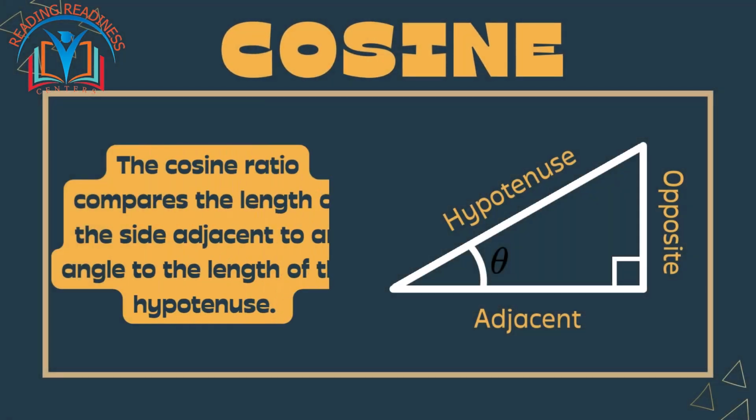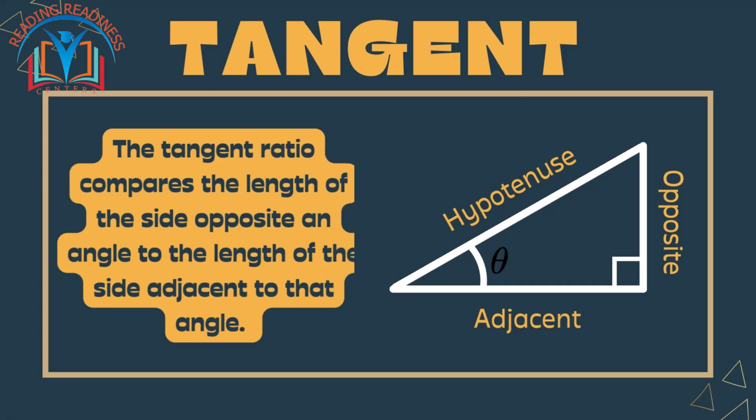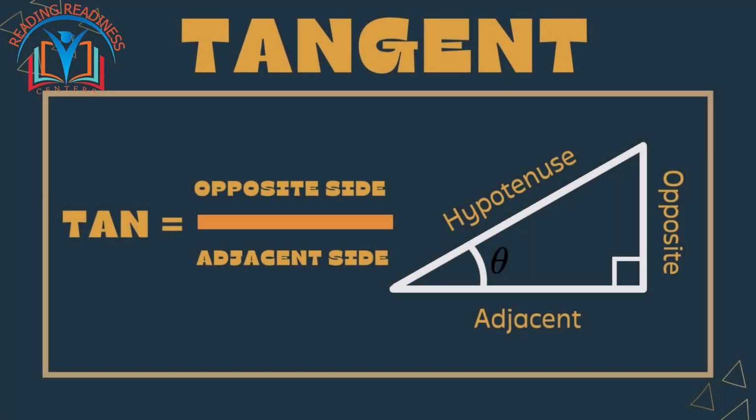Cosine. The cosine ratio compares the length of the side adjacent to an angle to the length of the hypotenuse. The formula for cosine is tangent. The tangent ratio compares the length of the side opposite an angle to the length of the side adjacent to that angle. The formula for tangent is